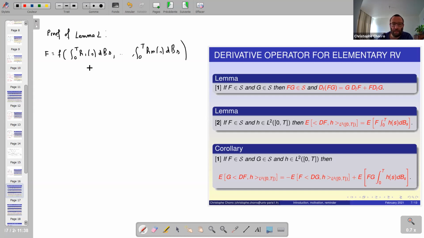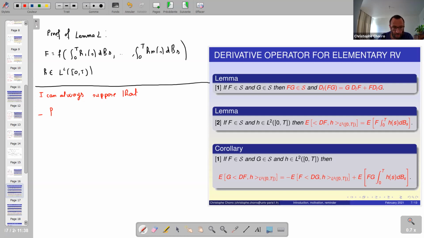I have this one, and I have an h belonging to L2 of 0 capital T, meaning that I have in fact n plus 1 elements of L2 of 0 capital T that are h1, h2, hn, and the h here. So I say the following. I can always suppose that h